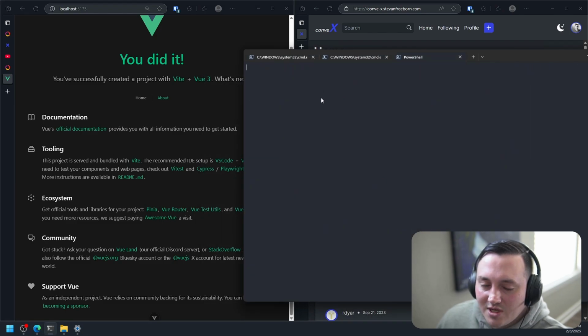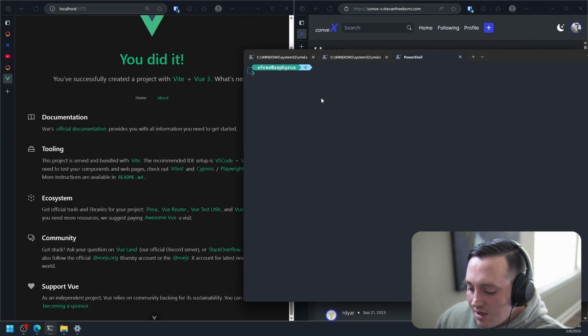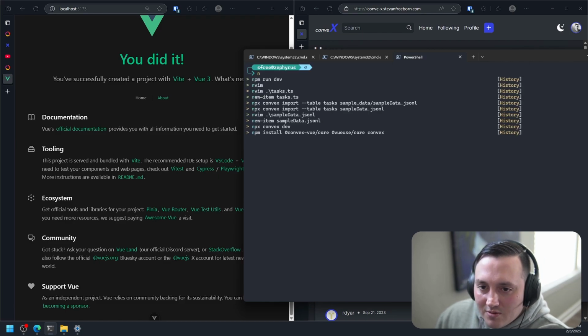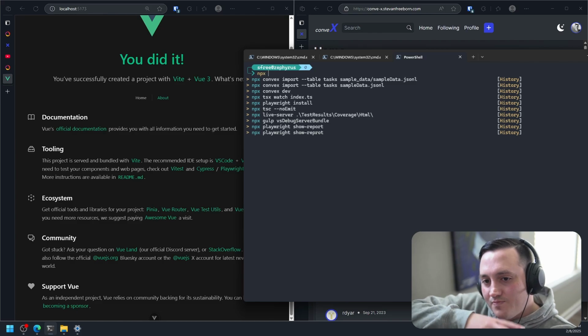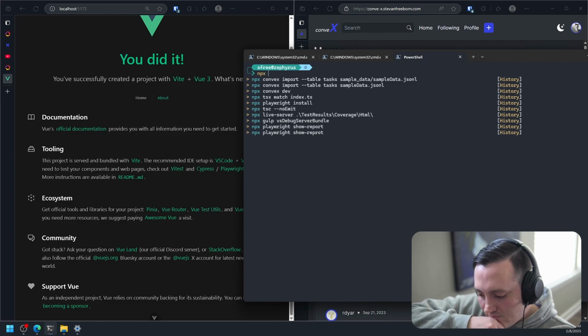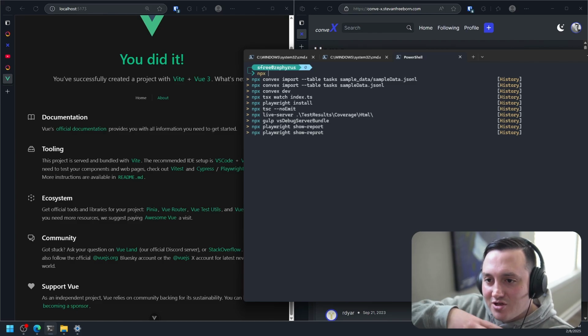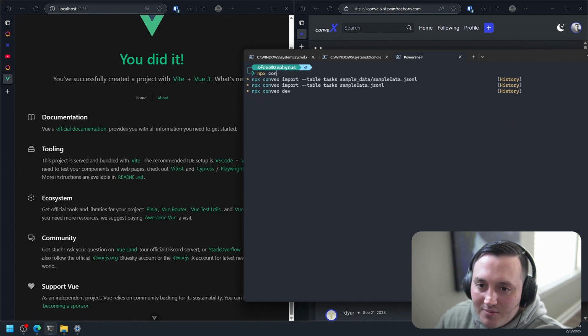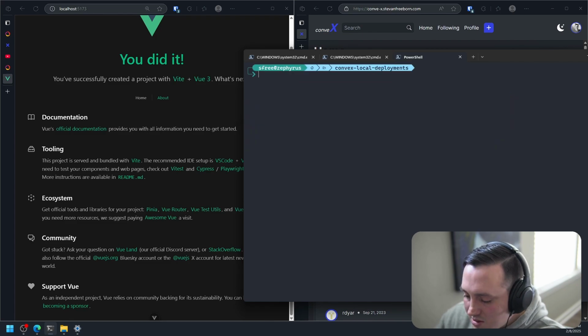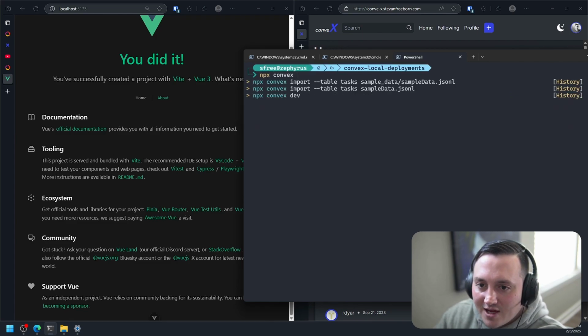So obviously we need to have that Convex deployment. We need to keep our local Convex definitions, because we added that get tables query, up to date with our cloud. So we need to first change into this, and then write npx convex dev, I think.